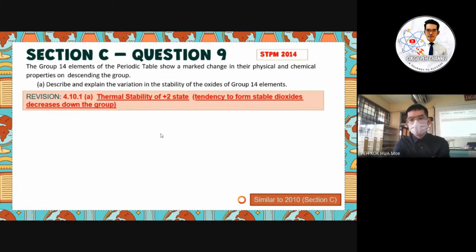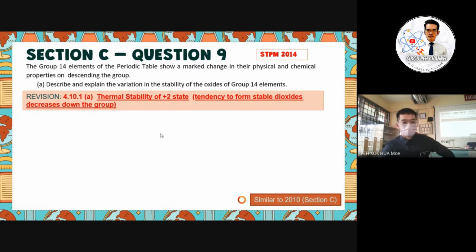Question number 9, this one was the question in 2014. Okay, so for 2014 we are able to refer to our Peperiksaan Laporan so that we can know what is actually required by MPM. The group 14 elements of the periodic table show a marked change in their physical and chemical properties